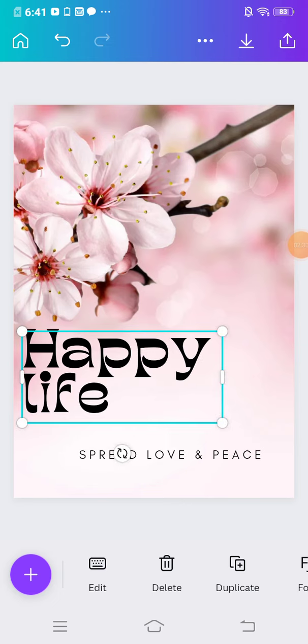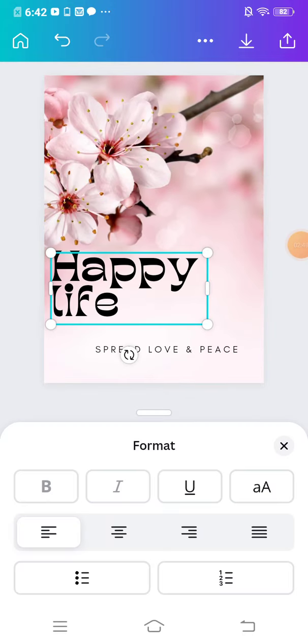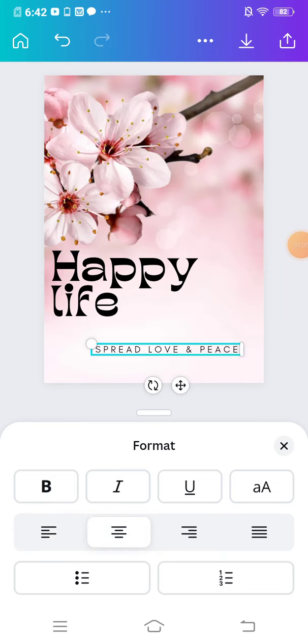and after that we have to keep on adjusting here, and after that you have to change the format, and as soon as you change the format, so that finally it has been selected, and now we spread love and peace, underline it, and after that